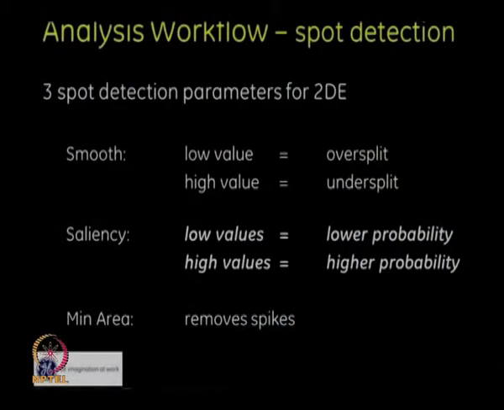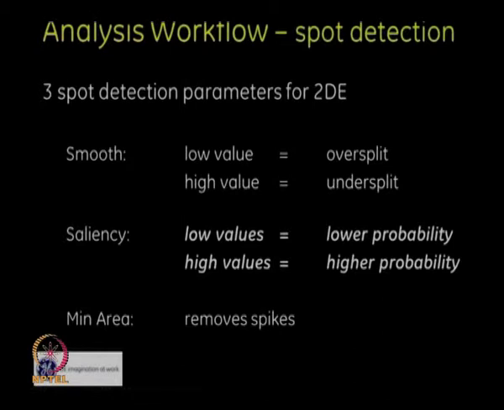Whereas saliency is a very critical parameter, where it takes the 3D image view and sees how the slope is for that particular protein. If you give a higher slope value, it takes a higher probability. When you give a lower value, it takes a lower probability. Okay. So higher the value, higher the probability; lower the value, lower the probability. In that way, it will take.